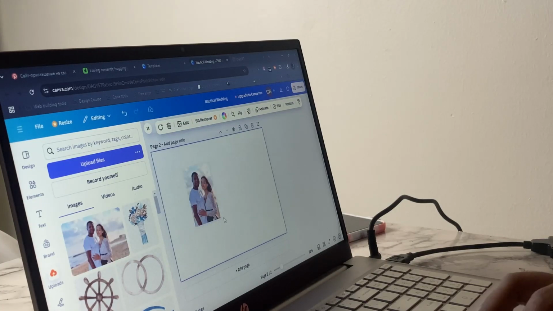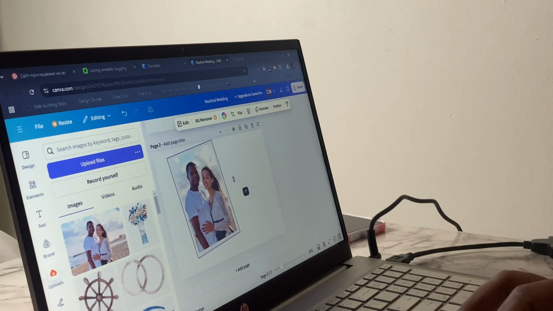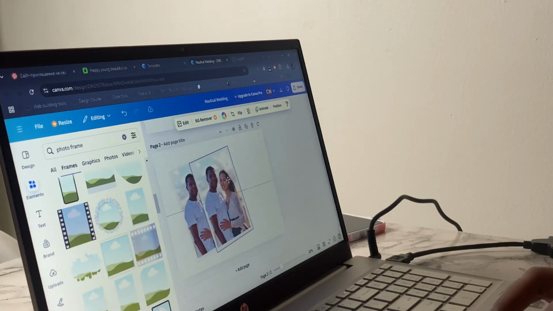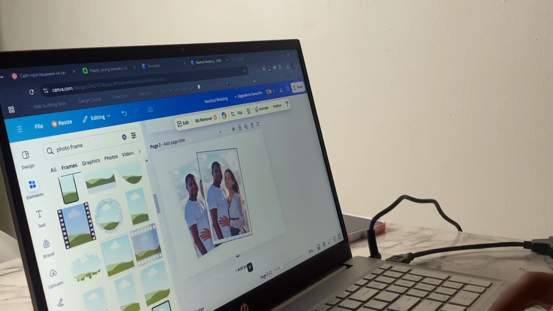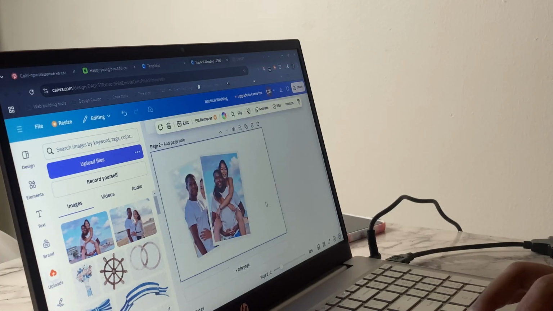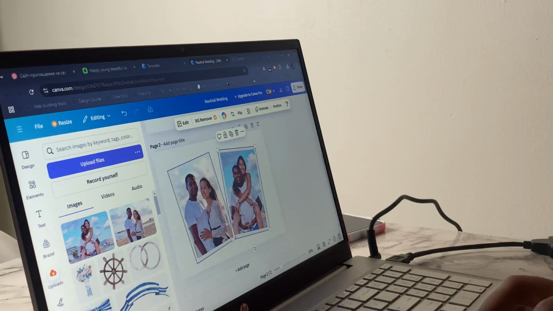So now we're back on Canva, and I wanted to do a photo collage section to showcase the engagement photos for the couple. It turned out good, but I didn't get to film the ending of creating that because I got really tired. But anyway, it was a good thing that I took some shut eye because I dreamt of the